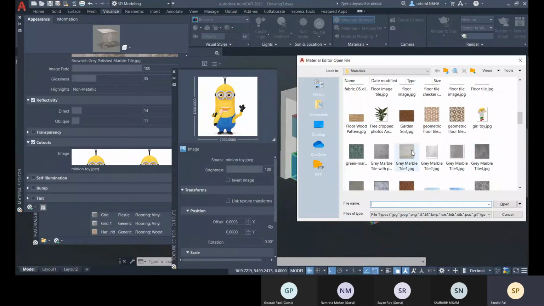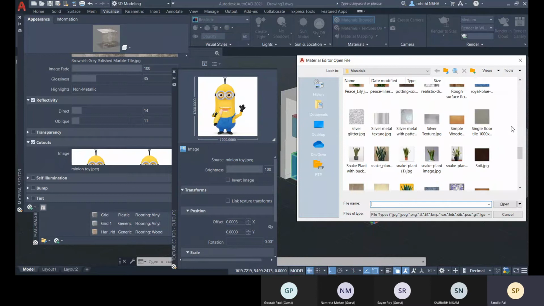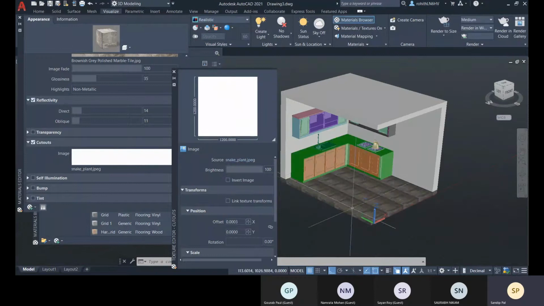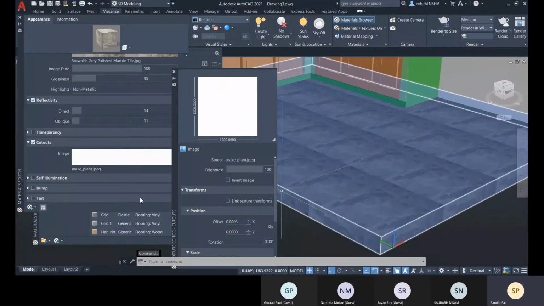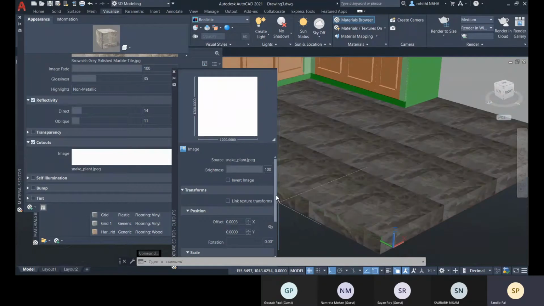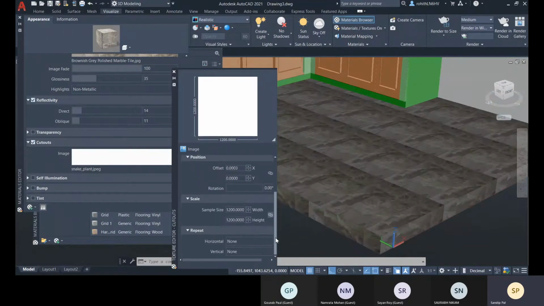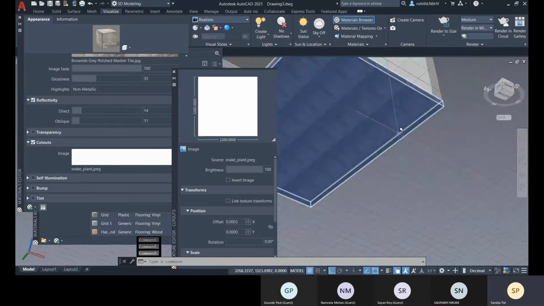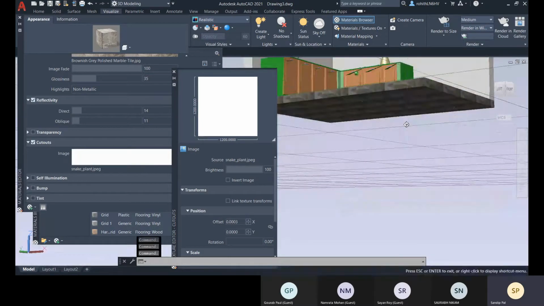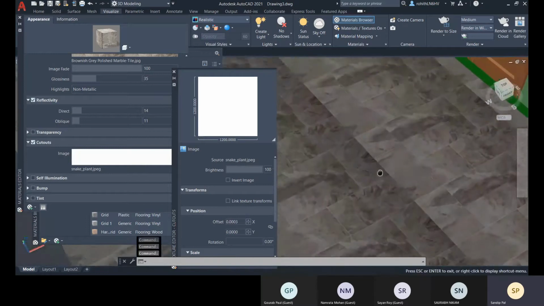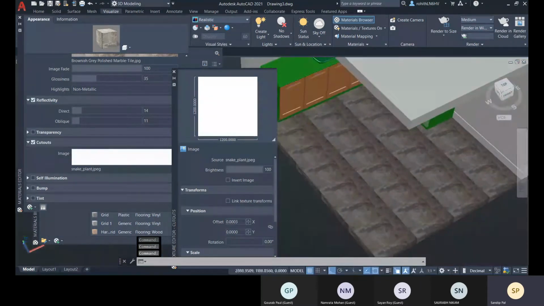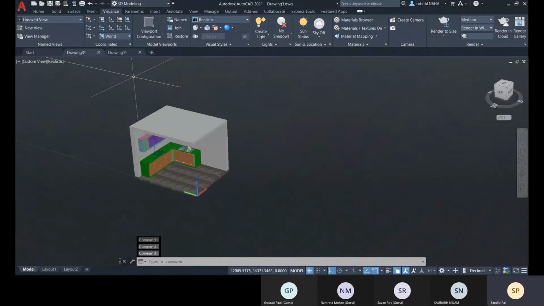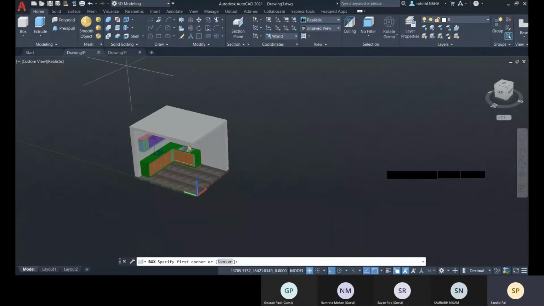Okay, there will be some cut. So let me show you by creating another one.